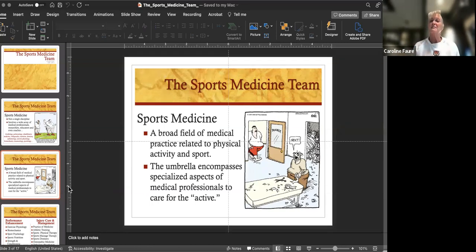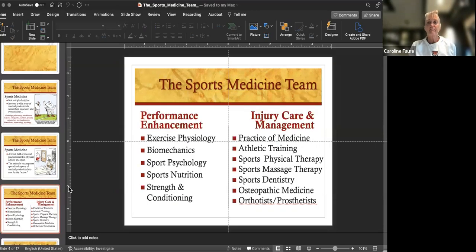So that's the difference, managing pain or dealing with a little bit of pain, versus the ultimate goal of getting that athlete back to competition as safely and as quickly as possible. The latter is really what a sports medicine approach or philosophy of medicine is all about. So two different realms of sports medicine that we talk about a lot.